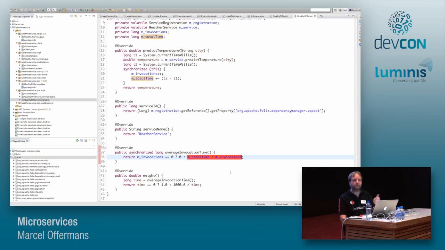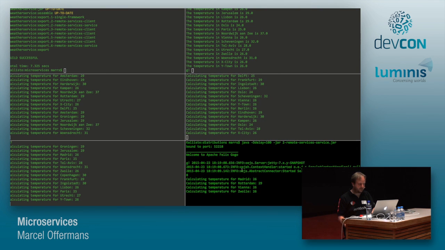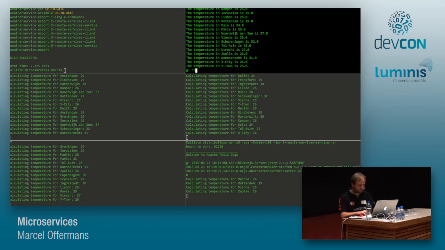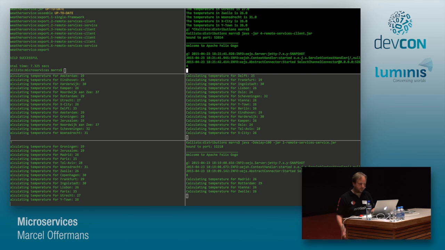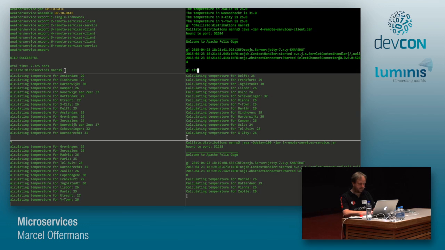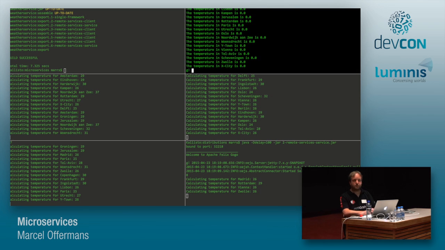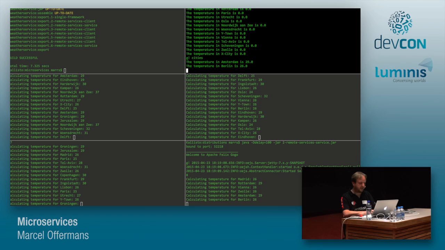And I also created a shell command so I can look at these averages. So let's have a go at showing that. That's my new client. And if I try it right now, I'm probably a little bit too quick. It hasn't discovered the other services yet, so I need to talk a little bit more and try again.